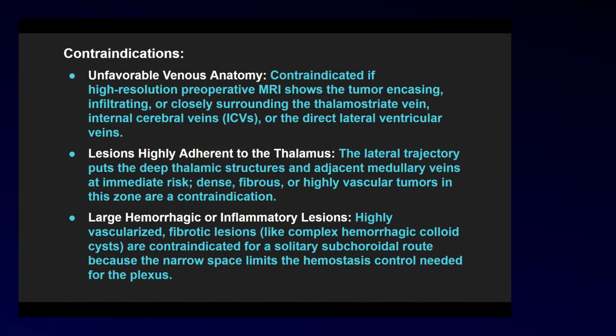Apart from that, if the lesion is already involving the thalamus, or it is highly adherent to the thalamus, then you would also avoid it. Or if the lesion is huge, looks hemorrhagic, or looks vascular, then we tend to avoid the subchoroidal approach. Why? Because the working angle will be very, very narrow and you won't be able to secure the hemostasis if